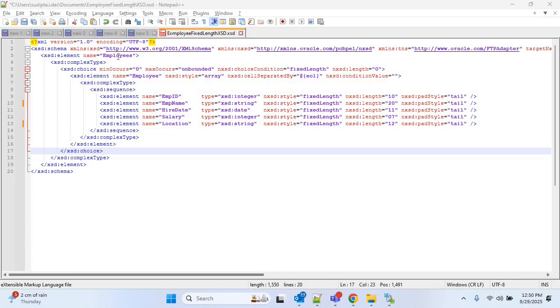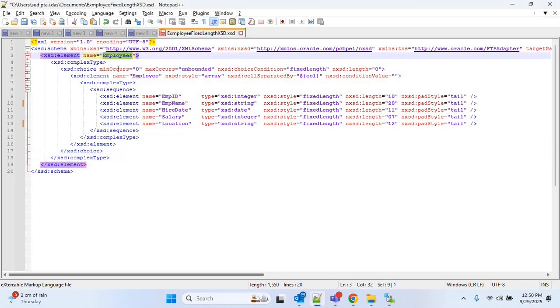Here we have the parent element as employees, where we have the choice min occurs 0, that means it can contain no data, and max occurs equal to unbounded, which means it can also contain as many rows. Choice condition equal to fixed length and length equal to 0, which means the length will depend on the child elements within it. Then within employees, we have mentioned the array element employee, where we have mentioned the separator